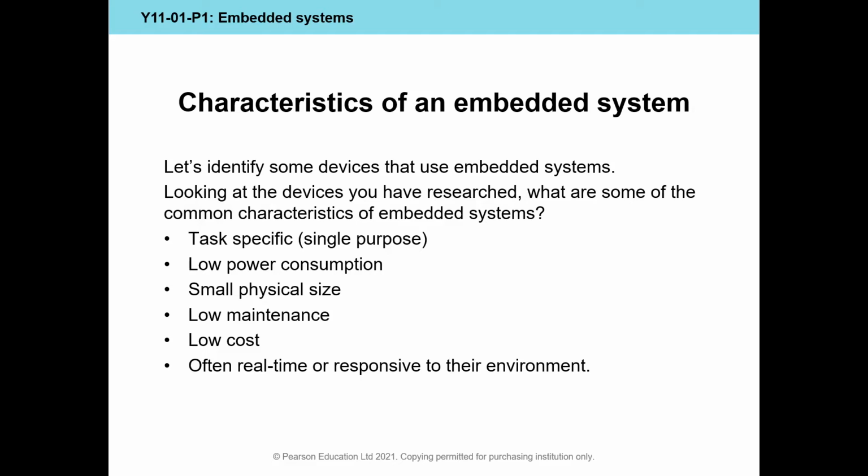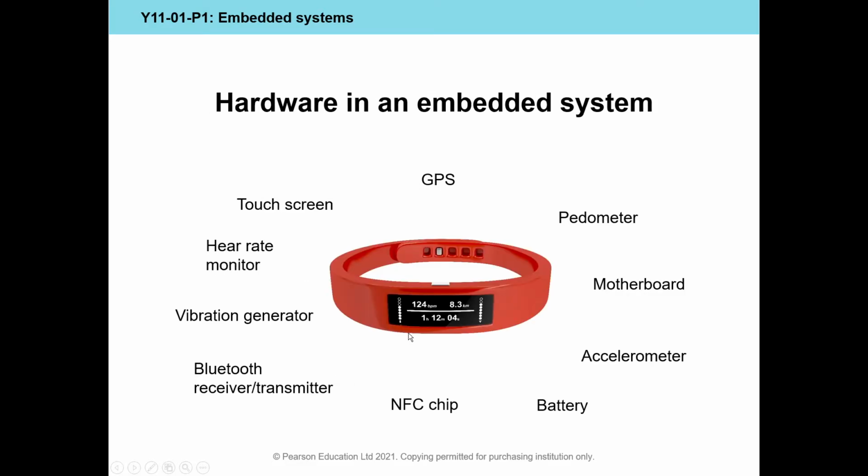It didn't have to constantly swap out to check emails and check for updates and process all sorts of other stuff. So you can have simpler devices to do one job and to do it well. You might have all sorts of specialist sensors. This is an embedded system because the processor, the battery, the screen, the input devices are all embedded into the